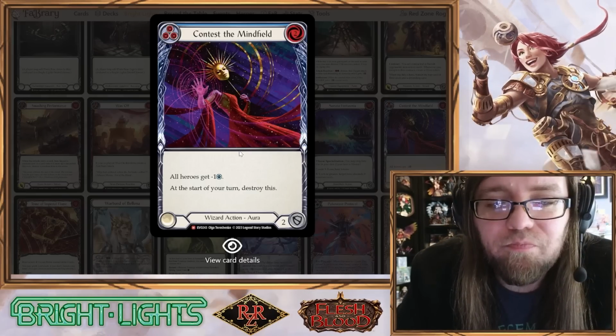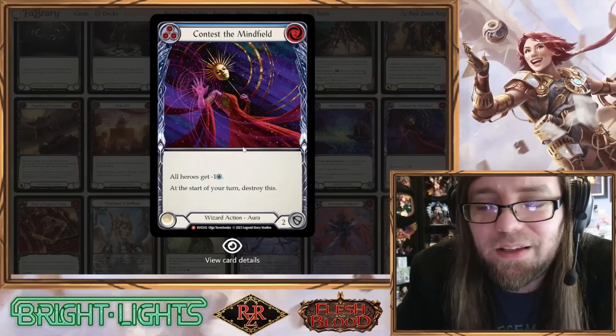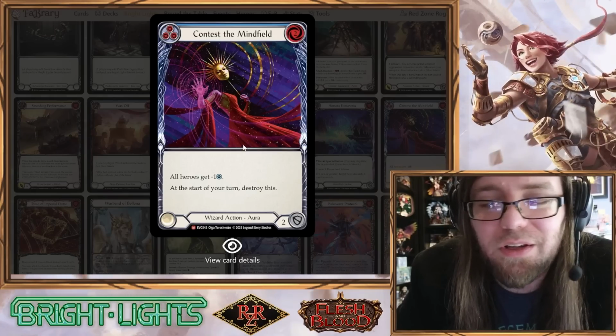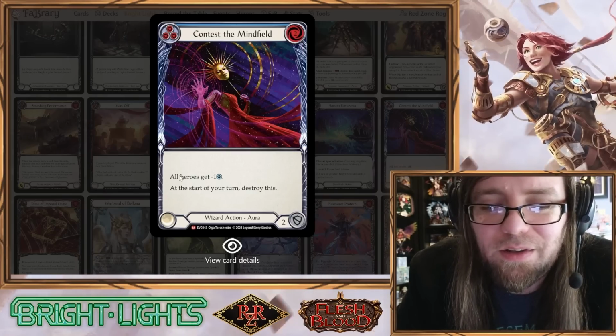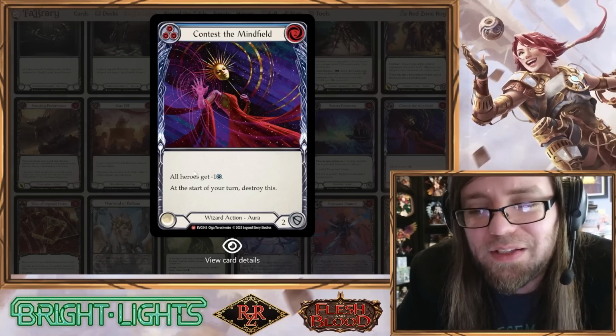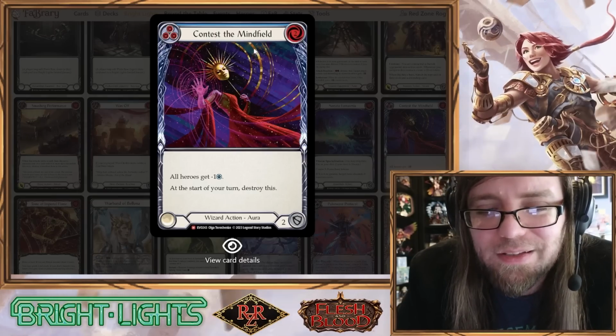So it says, all heroes get -1 intellect at the start of your turn. Destroy this. I think this is hilarious, especially for Ultimate Pit Fight. The fact that this one says all heroes get -1 intellect means that you will also be drawing one less card at the end of your turn. So you're only going to draw 3 cards on the turn that you play this. But